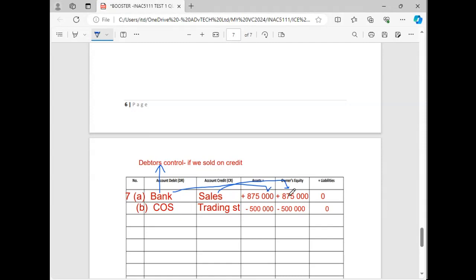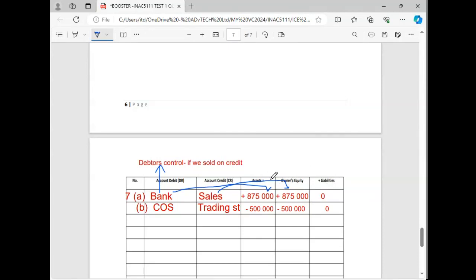So again, just to add on that: let's say you have finished and you are checking your answers. If you see plus here, you must also see plus there. If you see minus here, you must also see minus here. But if you see a plus and you see a minus, it means something is wrong. It's either one of the signs is incorrect, so you must double check yourself. You will never ever have plus, minus, never, as long as you affect assets and one of the two.